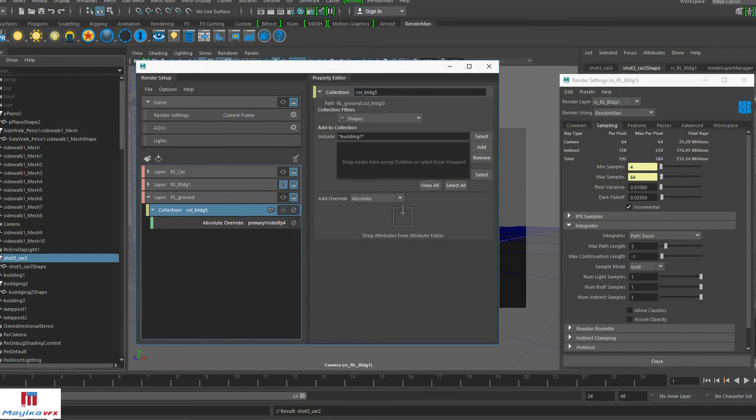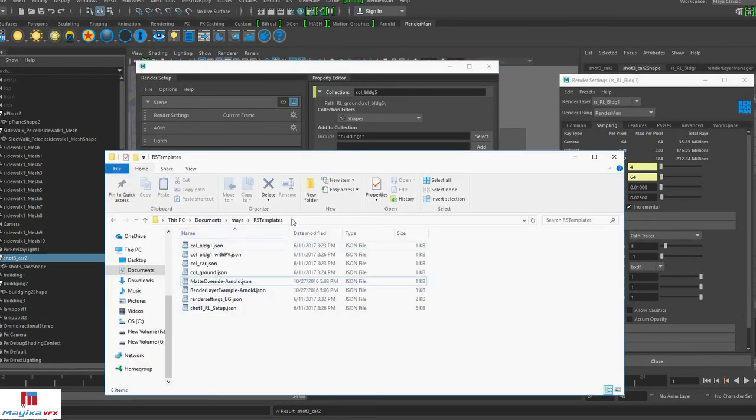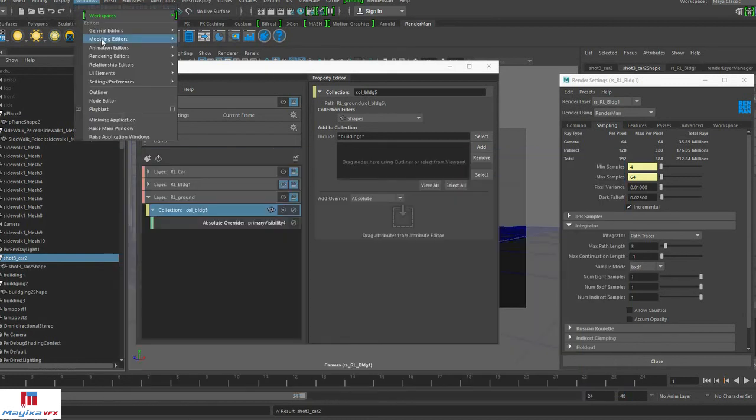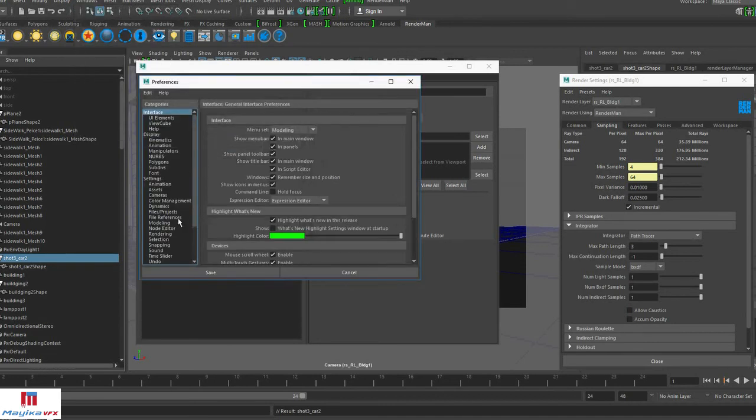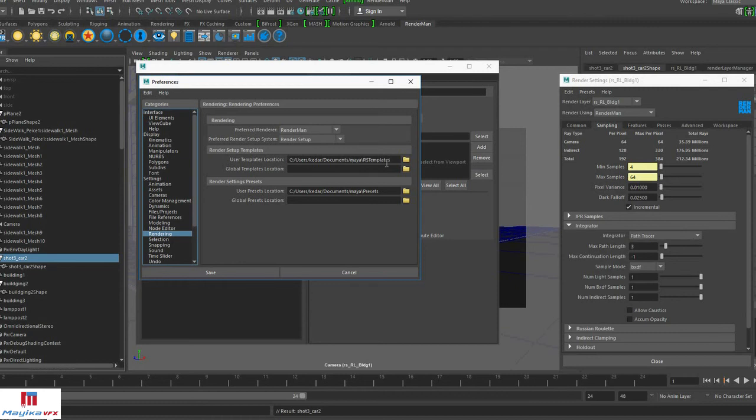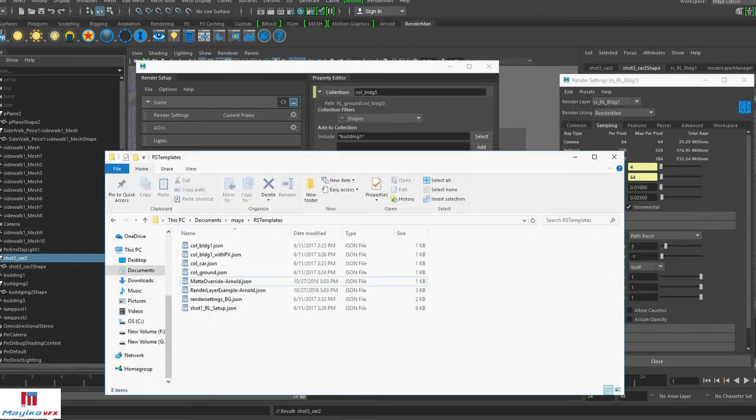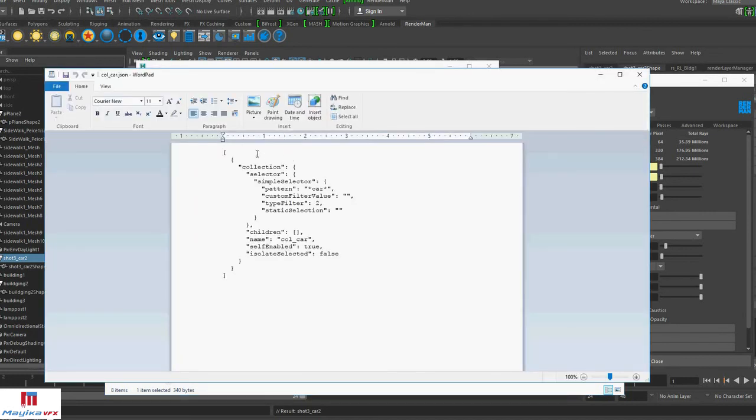These settings and collections are saved in this particular path. This path can be changed through preferences, render settings. So this is the path. We can change this and we can save all the templates of collections, attributes, everything. And this is a JSON file.